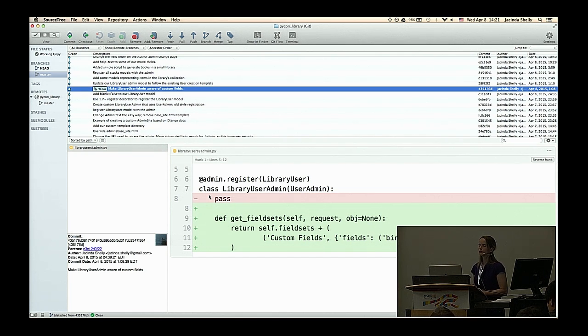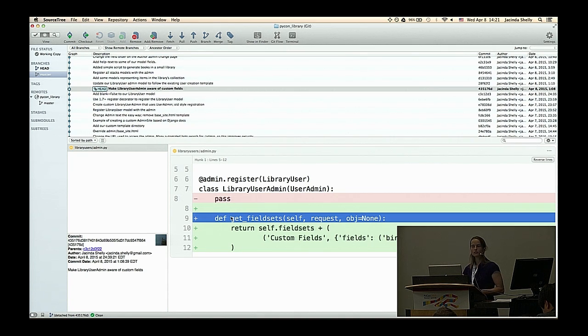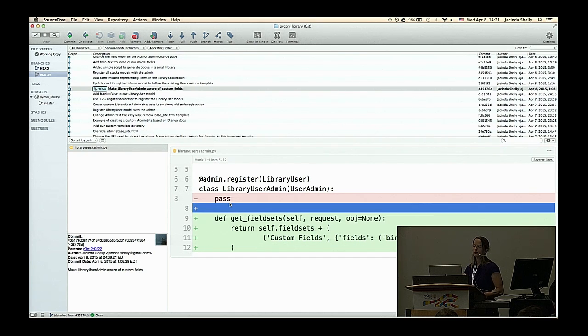For everyone who's worked with the admin already, how many of you are used to just adding fields equals, right? You can do something a little bit more custom by using get_fieldsets. So this is where, say your parent does most of what you want it to do, but it's missing a couple of fields like ours is. You can call get_fieldsets,